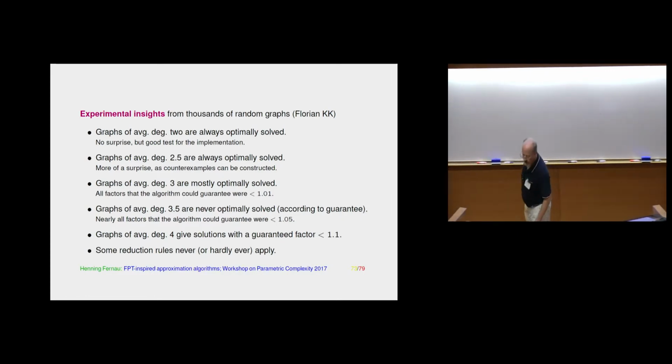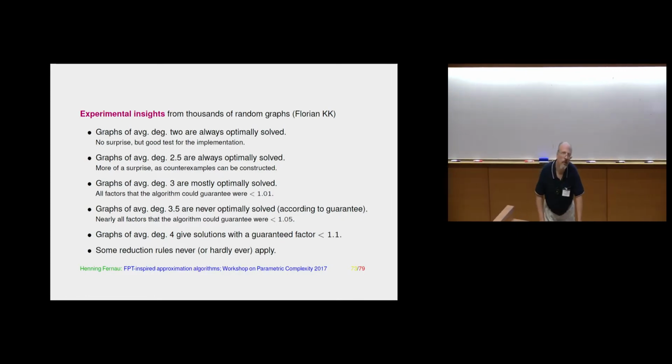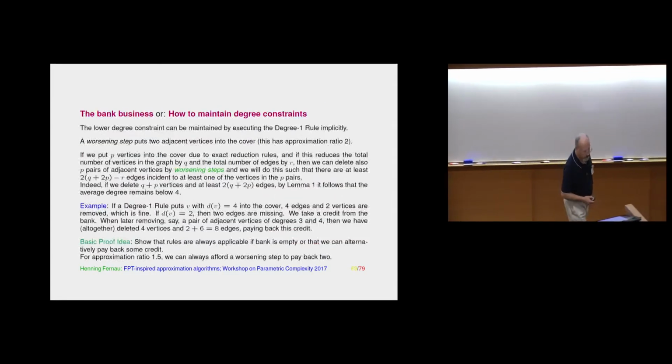Well, the funny thing is that the algorithm itself, and this is one of the beauties I would claim of this kind of rule-based approach, can monitor itself somehow, according to some estimate of the current situation of the approximation ratio. What do I mean by this? If I look back at our example,